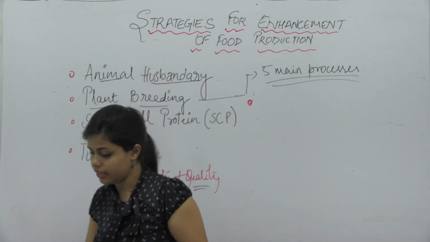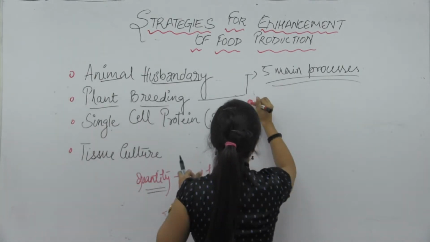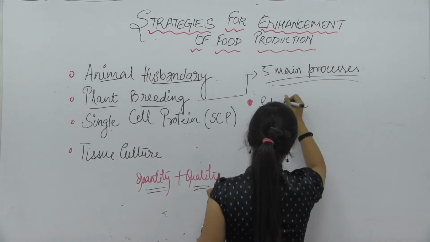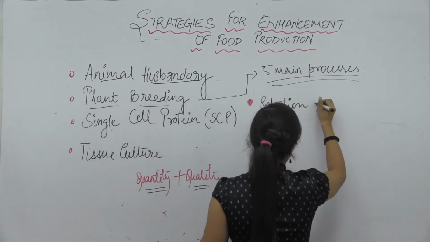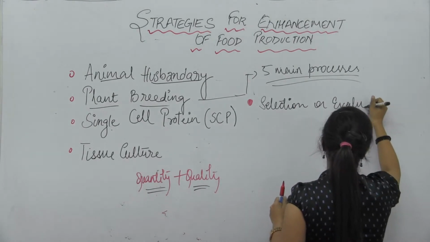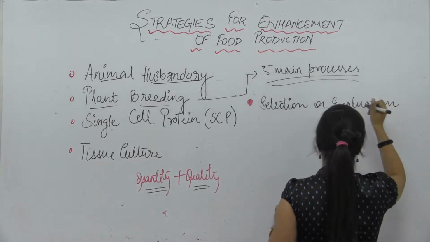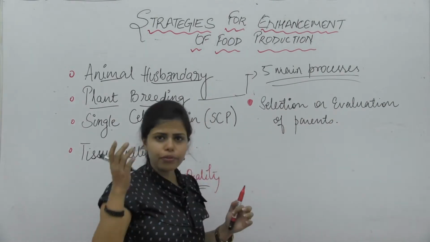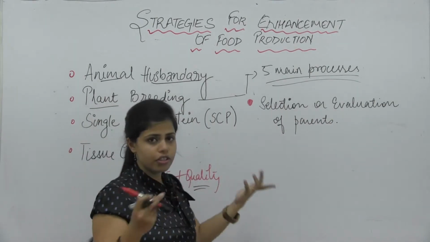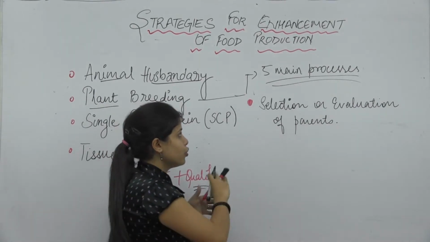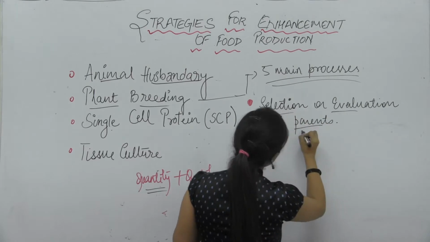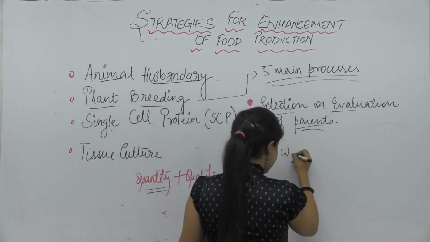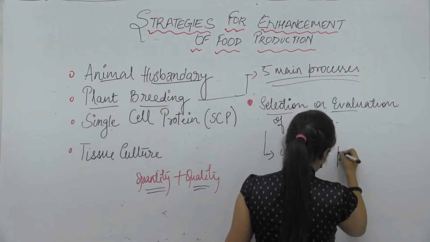So the next process that comes under plant breeding, that comes after collection of germplasm or collection of variability, is selection or evaluation of parents. Now that you know that I've collected all the variabilities and all the genes and all the alleles of the given crop, you need to know who the parents would be, right? So in this process, we select parents,